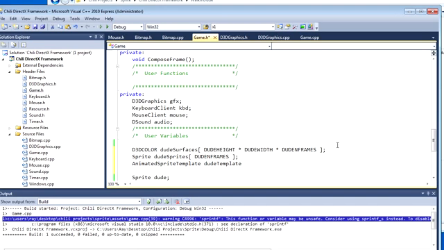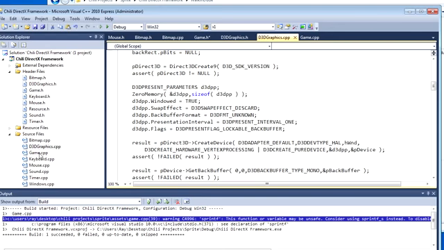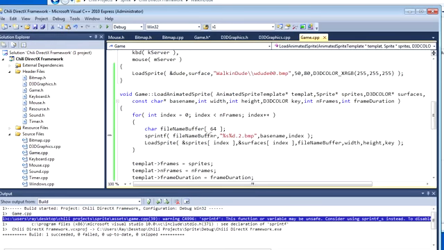Dude template. Alright. Now, like I said, we're going to have to fix up our loading function here for stuff. Right. So it's not surfaces at index here. It's going to be surfaces at